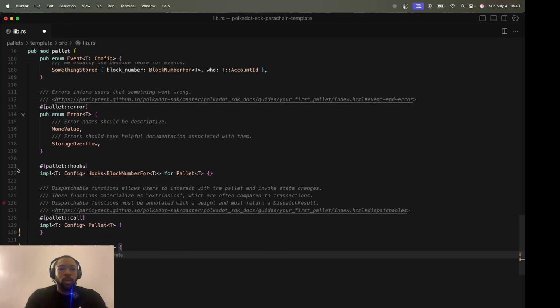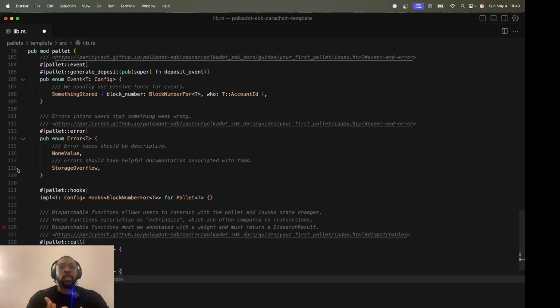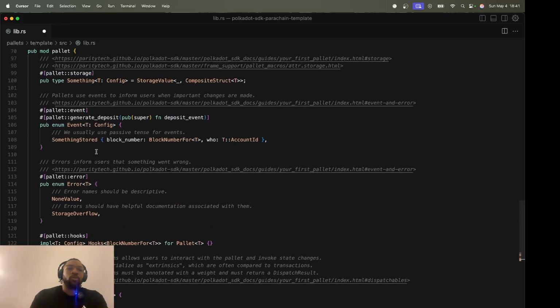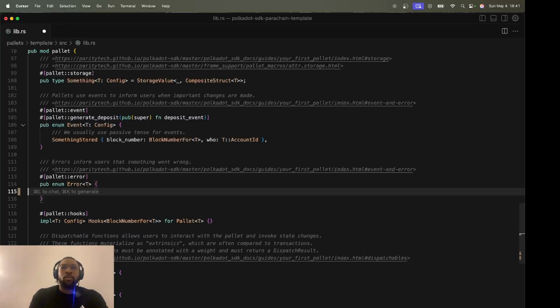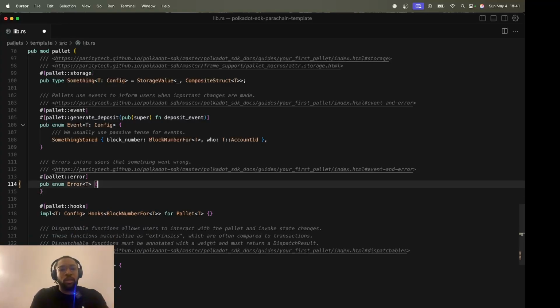If you've attended the onboarding session, I think we're going to have one next Sunday, you will know the structure of a pallet, how to build around it and configure it for your use case.